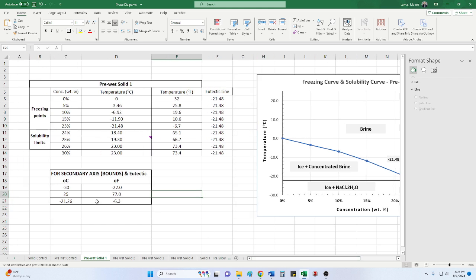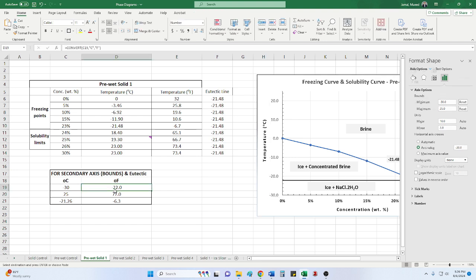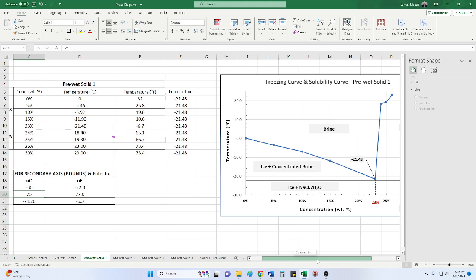So what I did is I put those bounds here, these bounds, minus 30, 25, and then used the formula to convert, which you can find online, how to convert degree Celsius to Fahrenheit in Excel. This is the formula right here on the top. I converted the first bound, the minimum bound, sorry, and then the maximum bound into Fahrenheit, and then I use exactly these